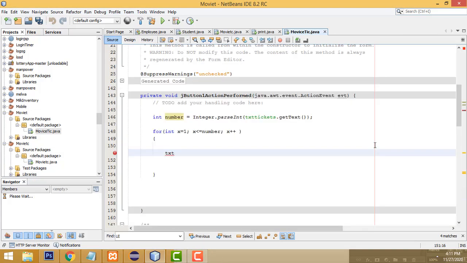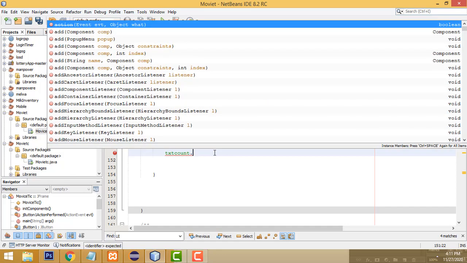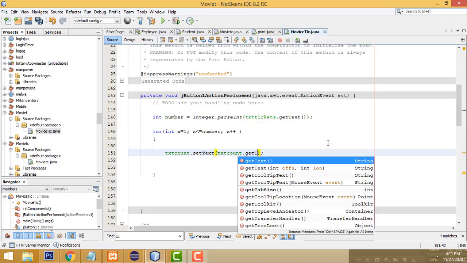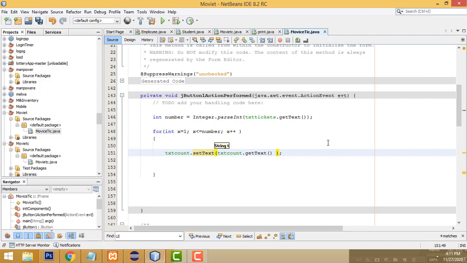Now let's go back to the source. Now here I have to write txt count dot set text, here we have to write txt count dot get text plus, you have to write the text here, "your ticket number is", put it here.